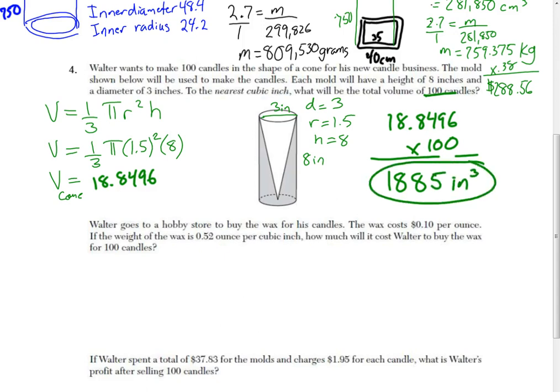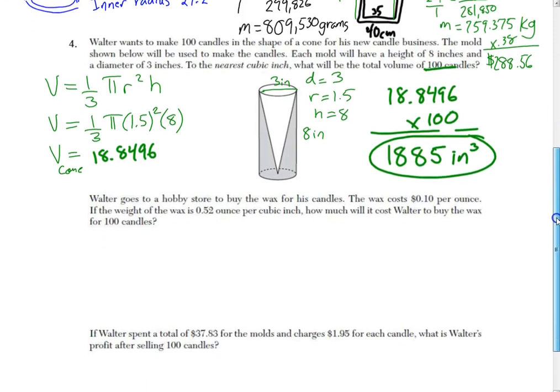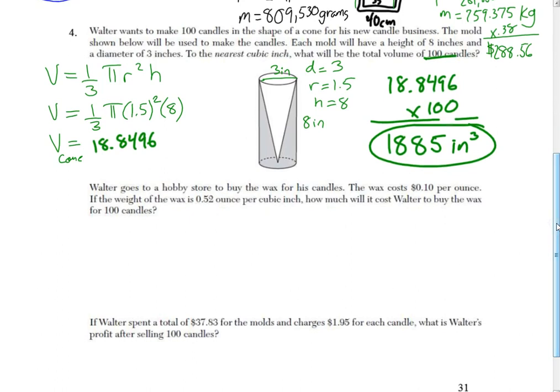Cubic inches. So Walter goes to a hobby store to buy wax for his candles. The wax costs 10 cents per ounce. If the weight of the wax is 0.52 ounces per cubic inch, how much will it cost Walter to buy the wax for 100 candles? Okay, so we know the weight of the wax is 0.52 ounces per cubic inch, so